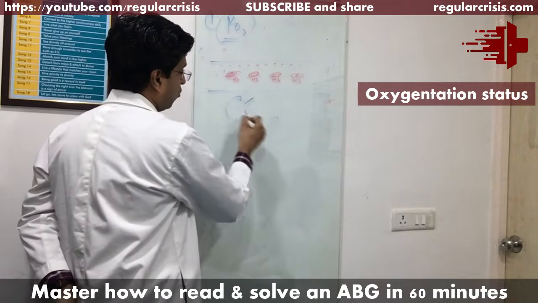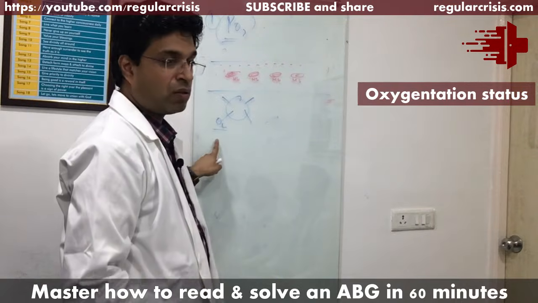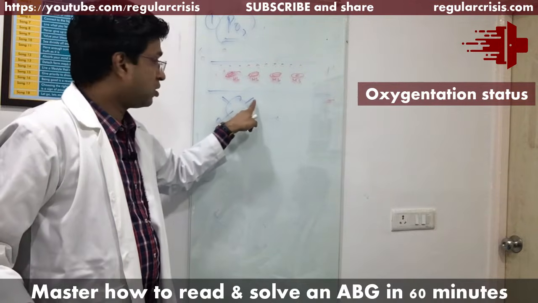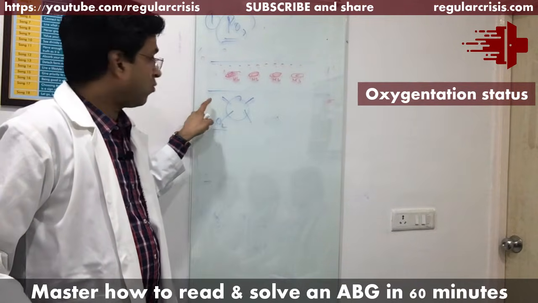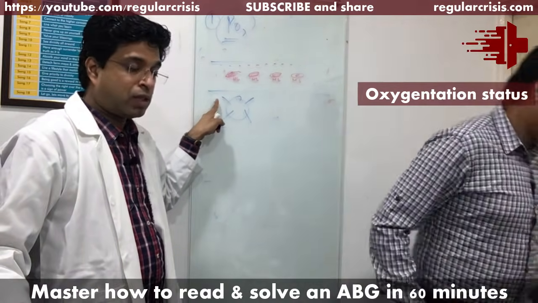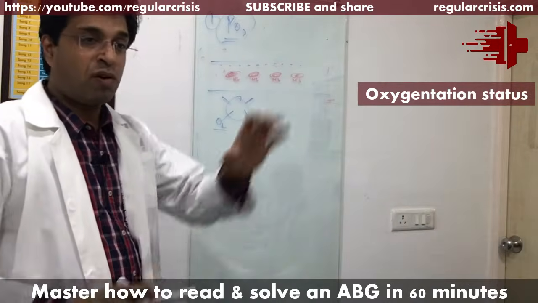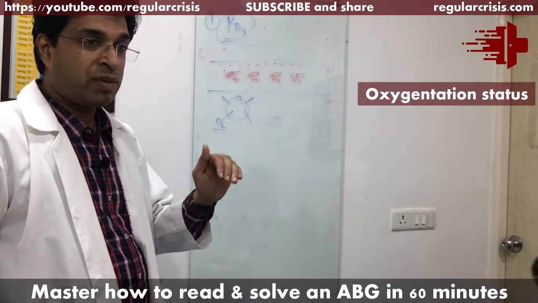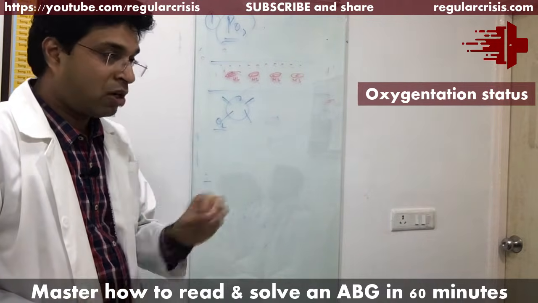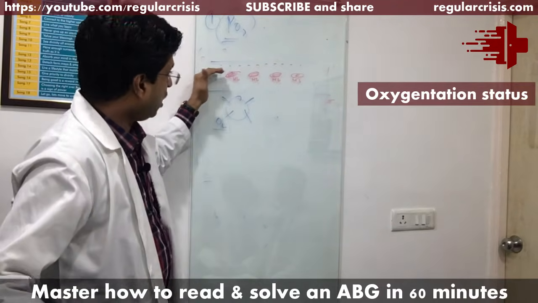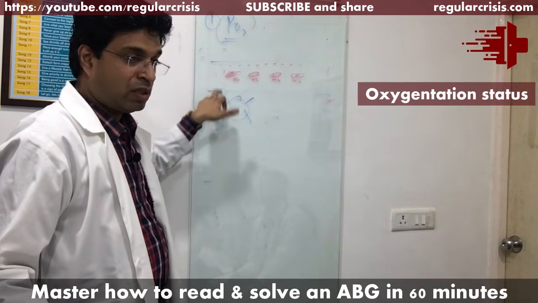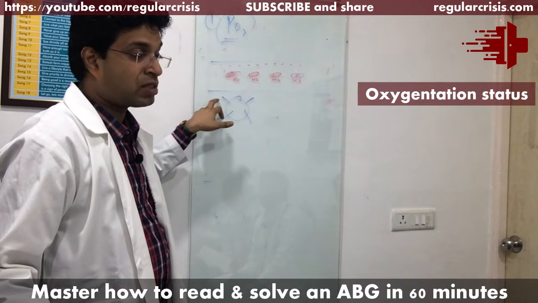Hemoglobin can carry 4 oxygen molecules. If 1 oxygen molecule is there, it is 25% saturated. If 2 oxygens are there, then 50% saturated. 3 oxygens, 75% saturated. 4 oxygen molecules attached with hemoglobin, then 100% saturated. So it is the average of all the hemoglobin which is saturated with oxygen that is picked up by the pulse oximeter. Got my point? This point is very clear. So in ABG we are seeing the dissolved plasma PO2, and in the pulse oximeter we are seeing the oxygen which has saturated the hemoglobin.